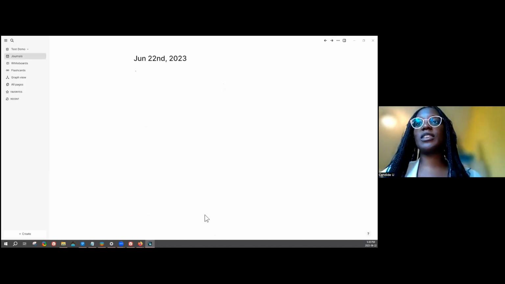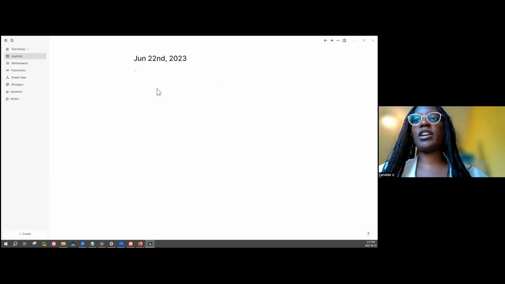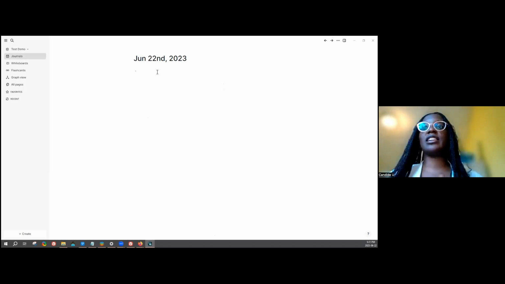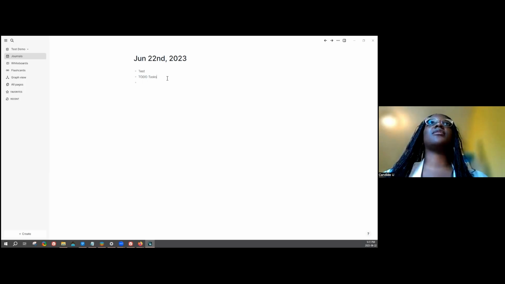Once you create a new folder, you're presented with this. It starts off with the journal. In Logseq, the first unit of information is the block. The block is represented here with the bullet point. A block can contain all kinds of information: text, embedded media, links, code snippets, all that kind of thing. You can add some text, you can add some tasks and whatnot. To create a block, you just have to hit enter. Every time you hit enter, you're creating new blocks. To edit a block, you just click inside of it, and once you click away, you're out of edit mode for the block.